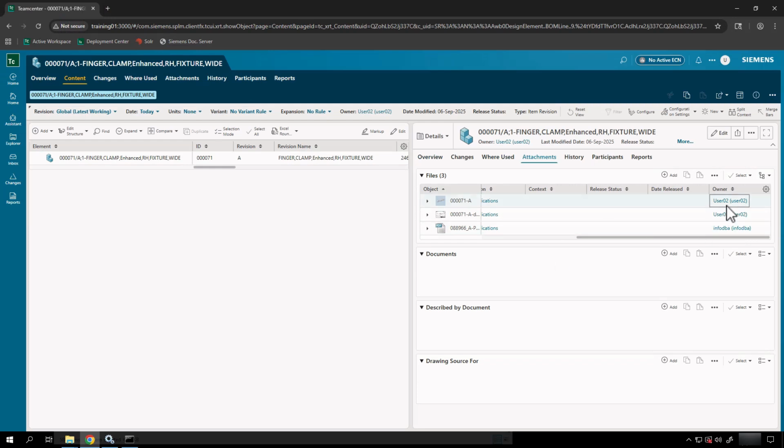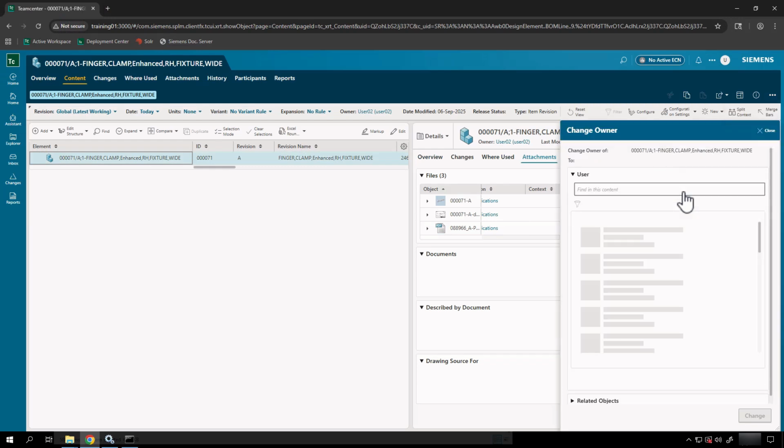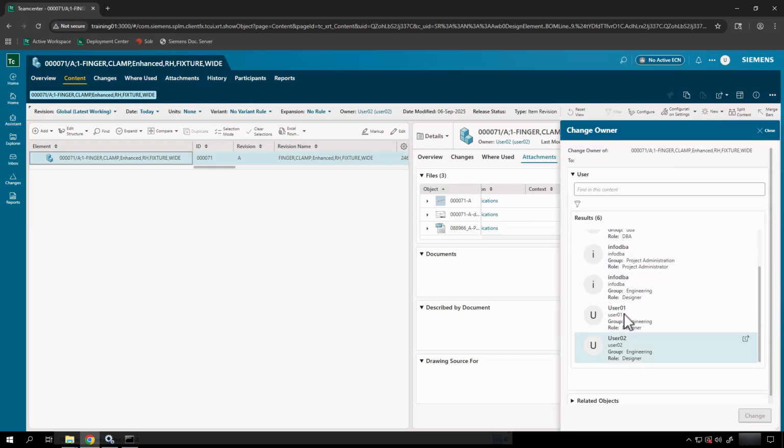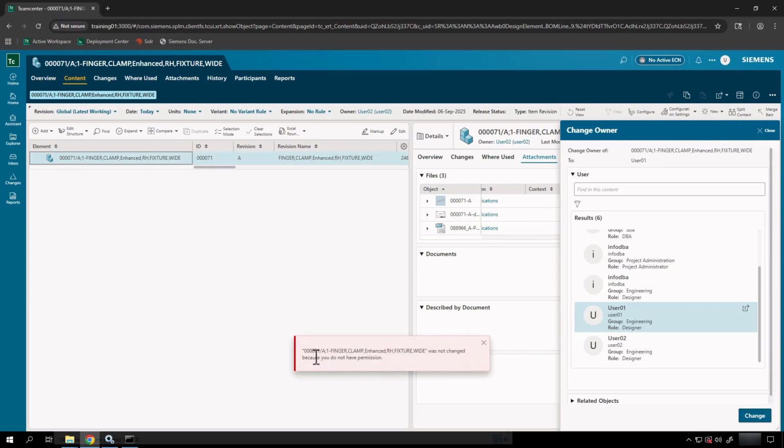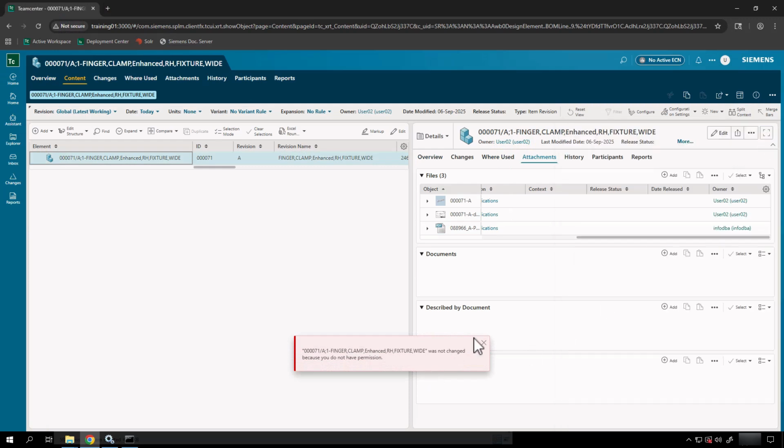Now that it is user 02 in InfoDBA, if I pick this again and come into manage, change owner, and then I switch it back to myself and hit change. Notice that it wasn't changed at all in this case again, but let's go ahead and validate that. I know that it didn't update the page because user 02 is still here. And if I close it, close my error, and then deselect it,